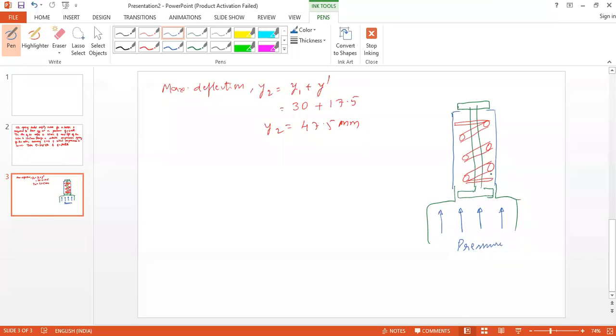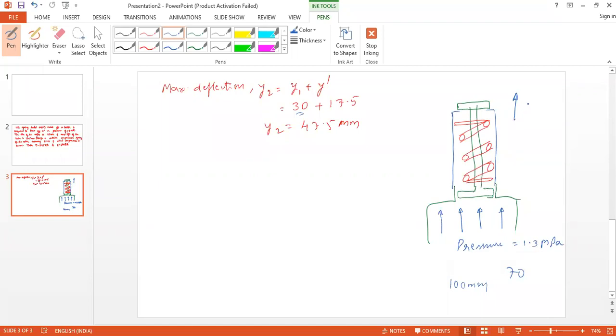Now this has got an initial compression of 30 mm. So initially the length may be of say some 100 mm, and then it has 70 mm, and then it is placed here. So if the pressure is equal to 1.3 megapascal, then this valve has to open. Is it clear?